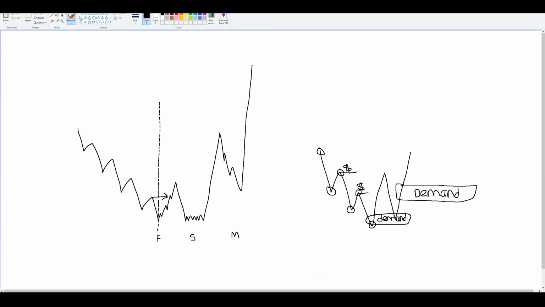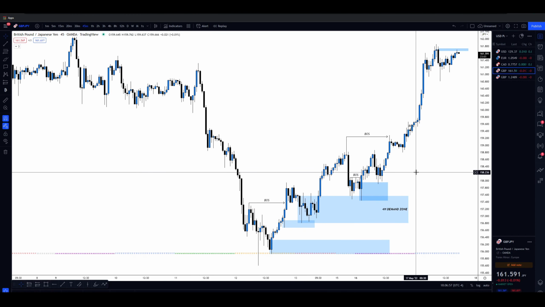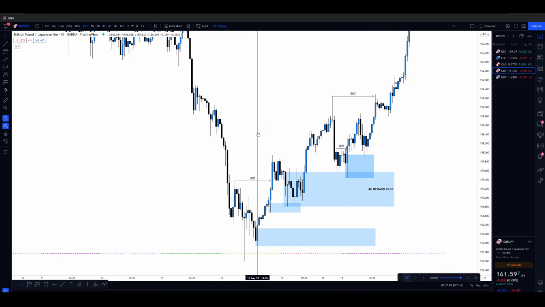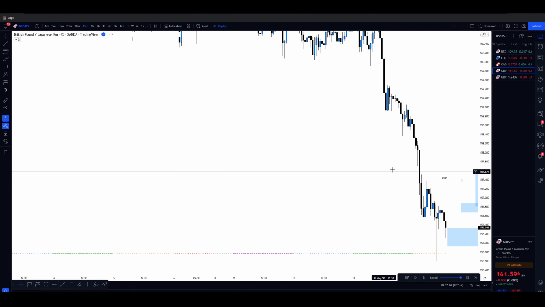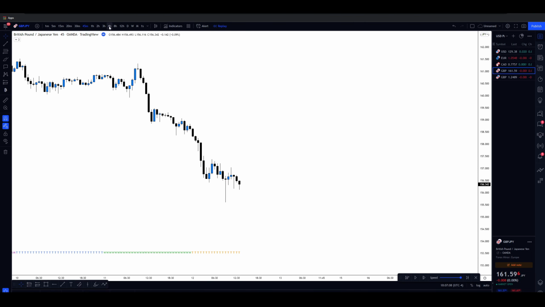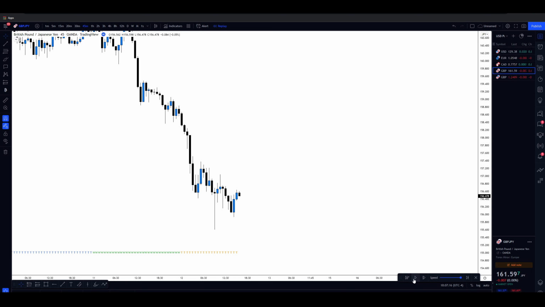Now, to show you that this concept works, let me show you guys a couple examples of how I use this to catch a trade on GJ. And yeah, let's get straight into this. So fast forward back to Thursday. Let's delete everything right here. Boom. So we could see that the market is in a clear bearish conditional trend. Market is going down. There's no opportunities to buy as of now.